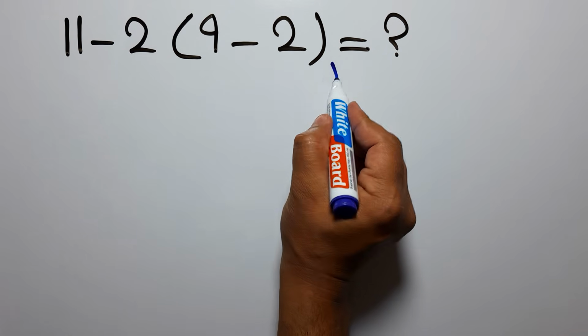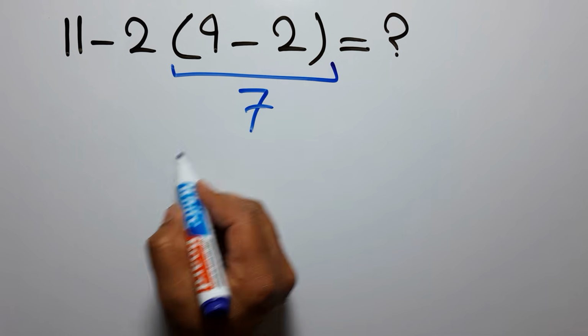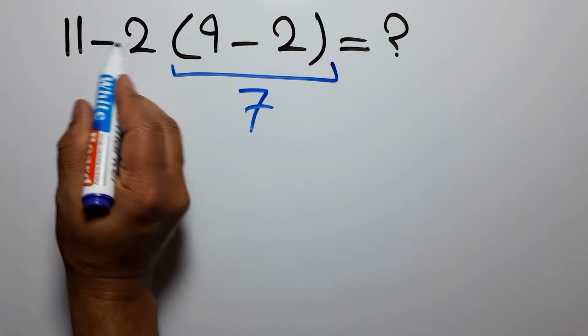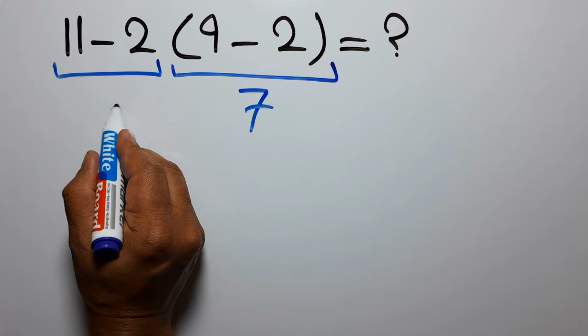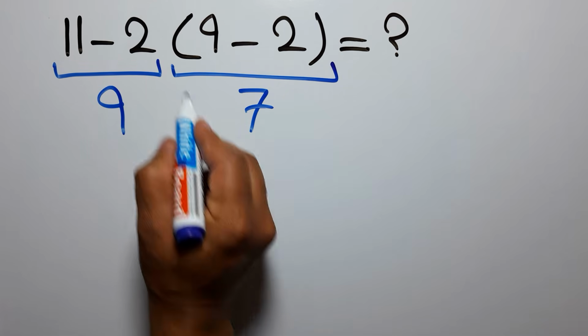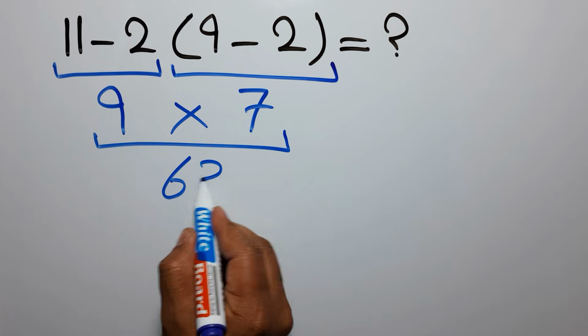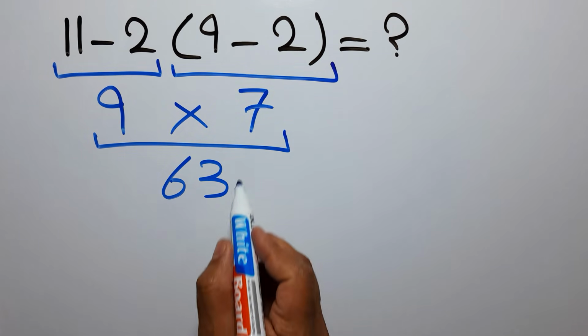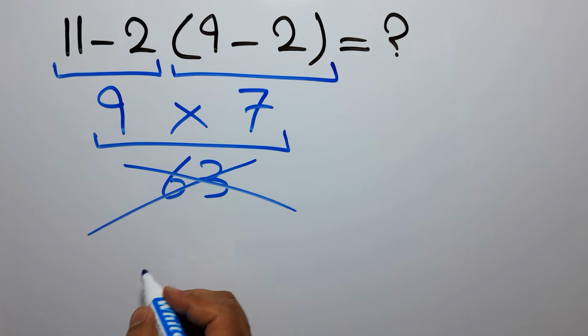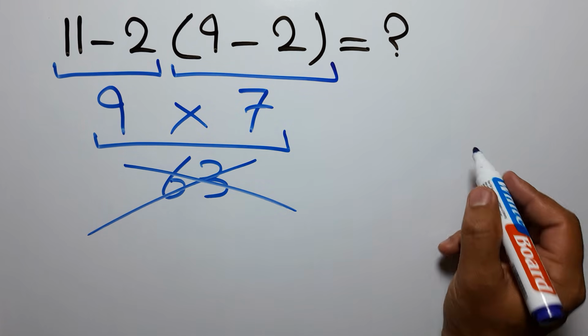9 minus 2 gives us 7. And here we have 11 minus 2, which equals 9. So 9 times 7 gives us 63. But this answer is not correct, because according to the order of operations, which is PEMDAS,